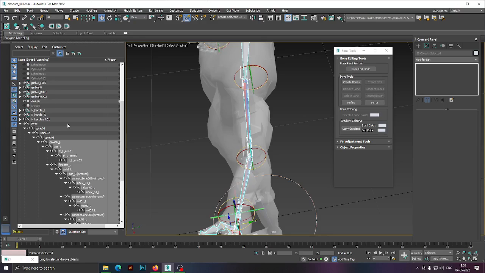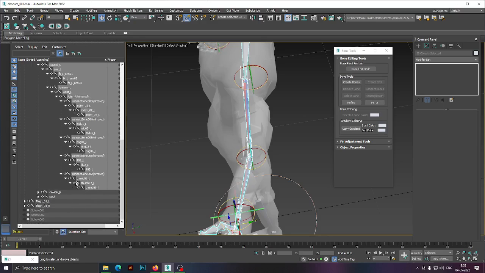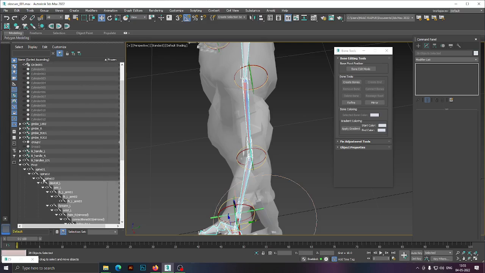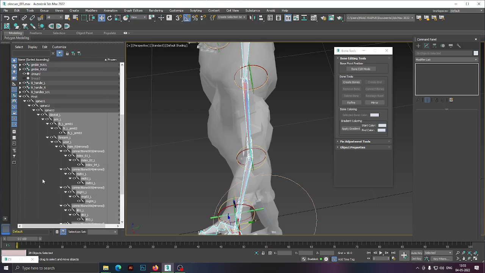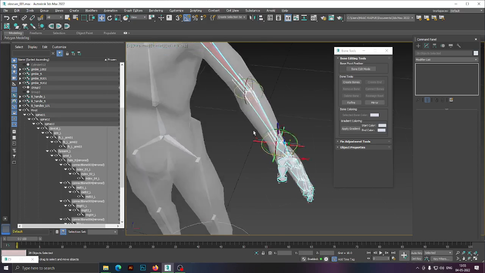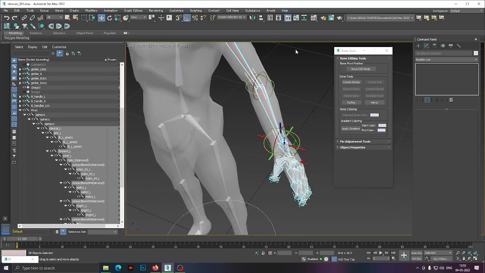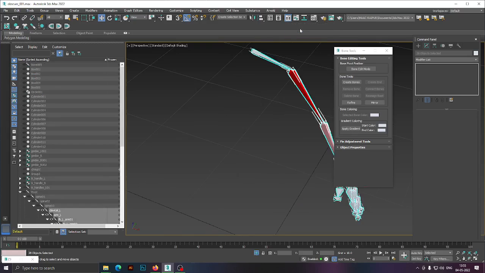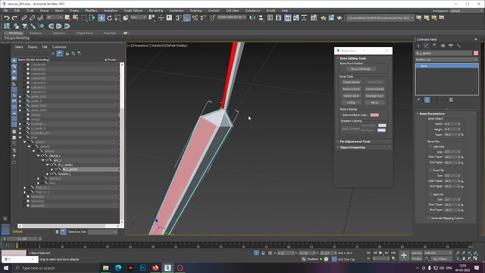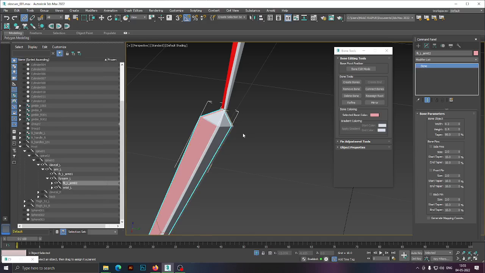Can you see the FK? Where's that FK chain? Where is it? It is selected already, right? Let's isolate selection. Right, now we get the FK. Select that bone first, link it with, okay, I think we might be